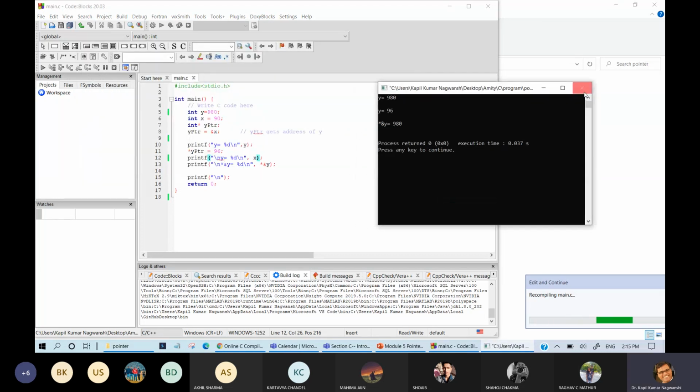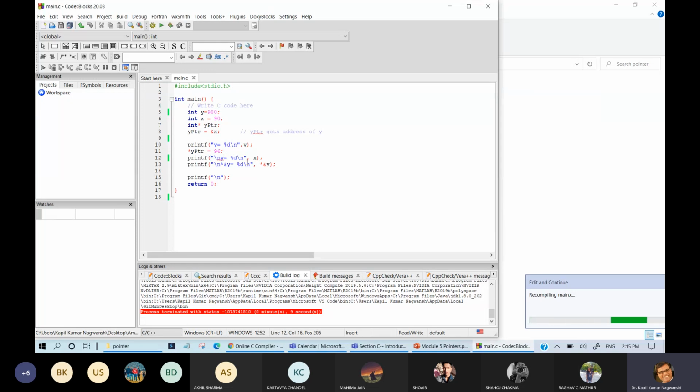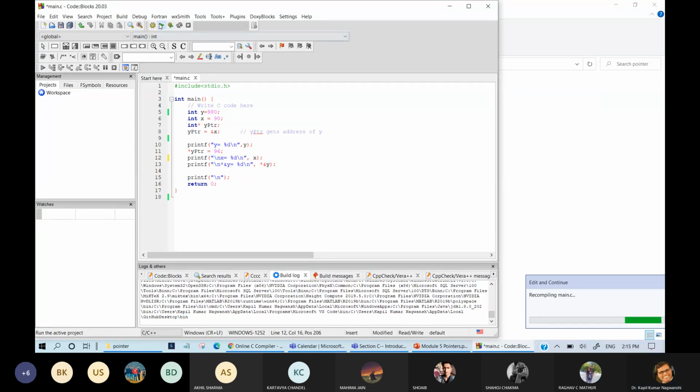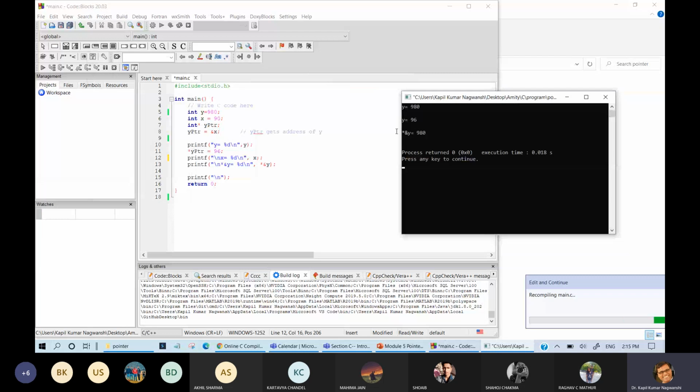Let me close this and let us write X once again. So this is the reference, whatever reference you are using. And here you can see a star and address together and then Y. So it will automatically print the value of Y as it is. Yes or no?